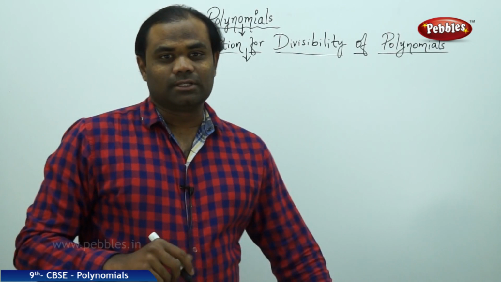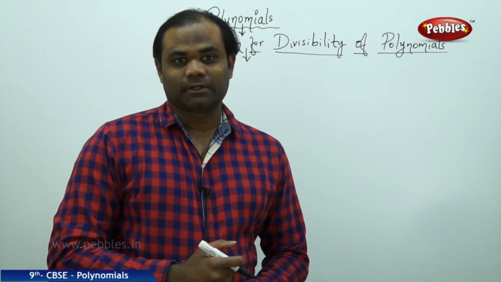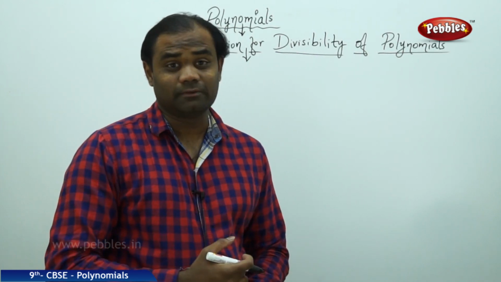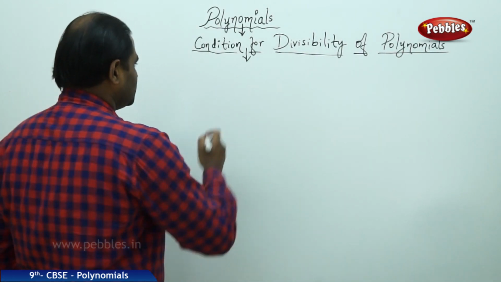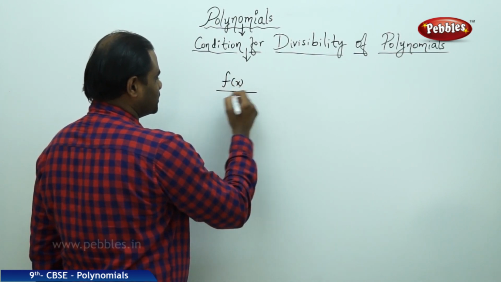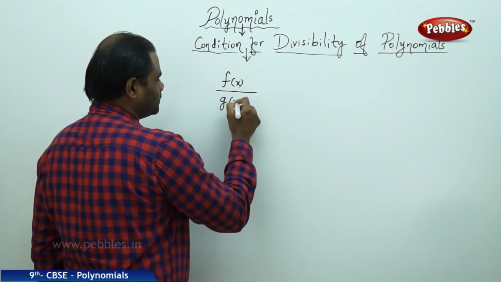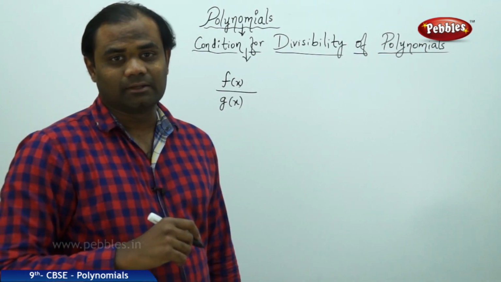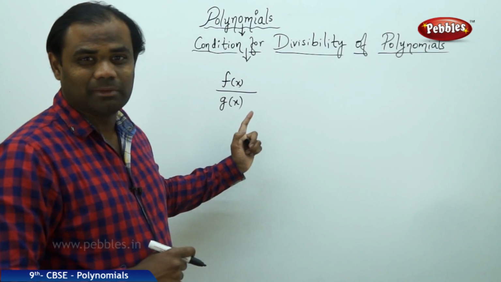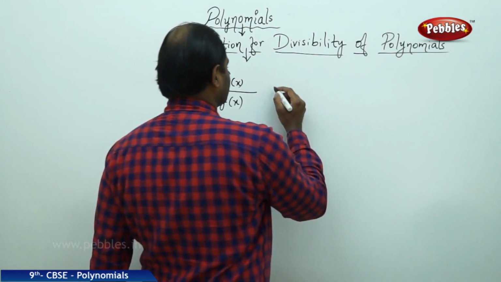Condition for divisibility of polynomials. Let's see how the condition exists for two polynomials being divided. For example, I have a polynomial f of x which is divided by another polynomial, say g of x. Then the divisibility condition says that this polynomial can be divided by this polynomial provided we have